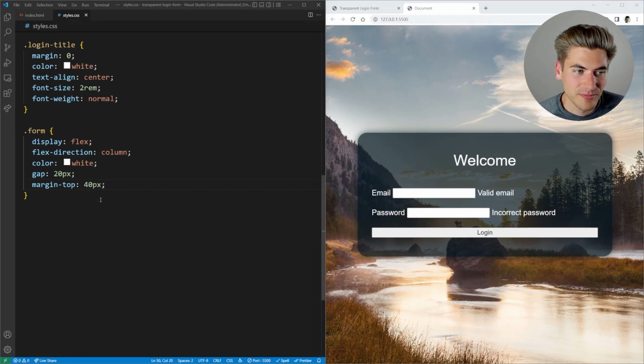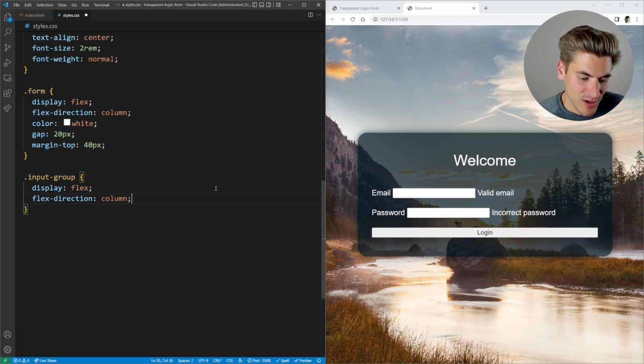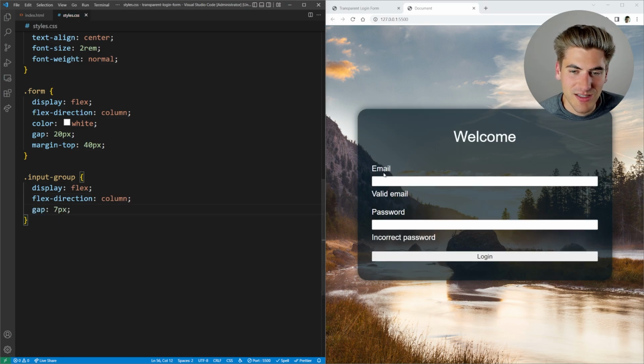Pretty good overall. Now we can move on to styling out each one of our individual input groups. These, again, are going to be a display of flex with a flex direction of column. So I'm just going to copy and paste that in here. We're going to give this a gap of 7 pixels. Now if I save, you can see it stacked them all vertically and gave them some space of 7 pixels